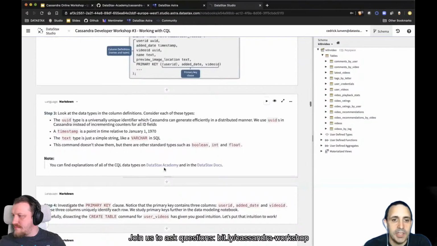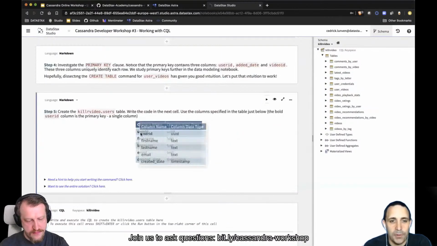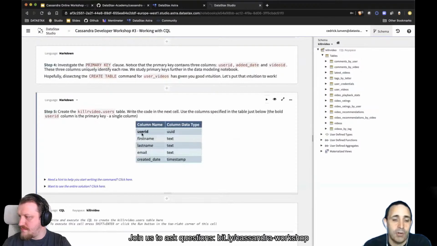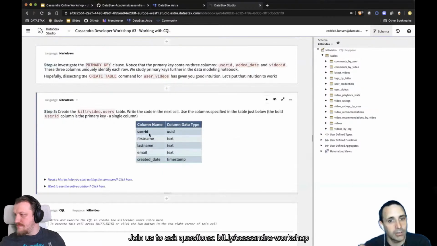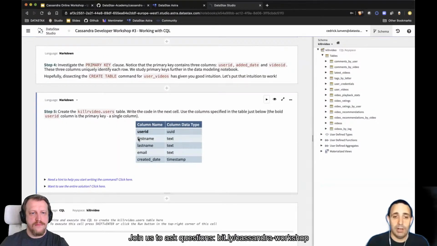So it seems like the primary key is composed of a single column. So the primary key only contains the partition key, and that's it. No clustering column. So if I create this table, I will go create table if not exists, killervideo.users, providing columns: user ID, first name, last name, created, primary key, user ID.